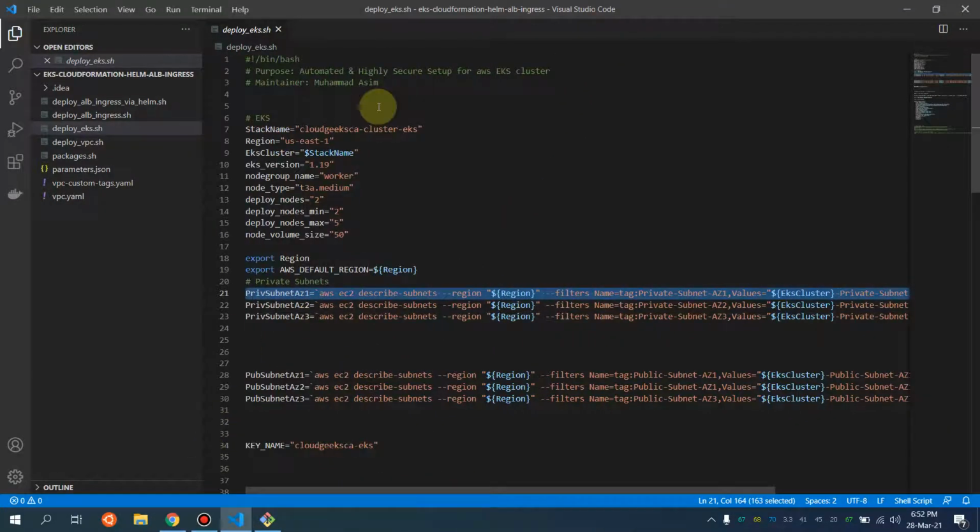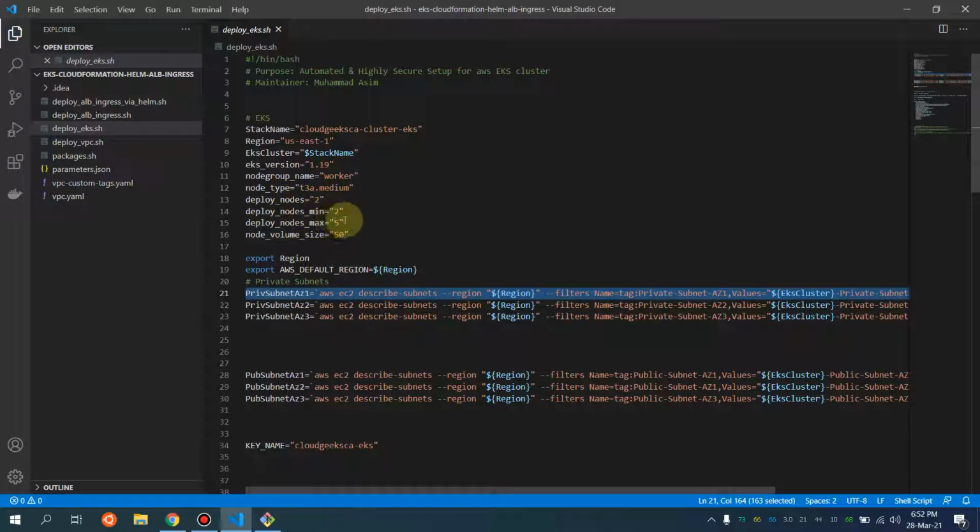Let me show you those variables. As I told you, the stack name is this and the cluster name is also coming this way, so the cluster name and the stack name are going to be the same. The region is set, this is the version I'm looking to deploy, and the node group name is worker T3A medium.